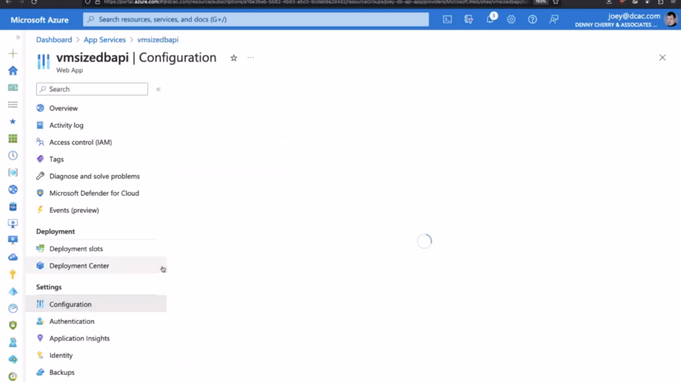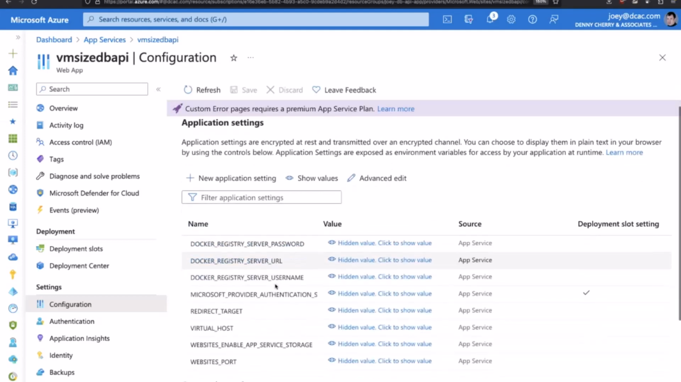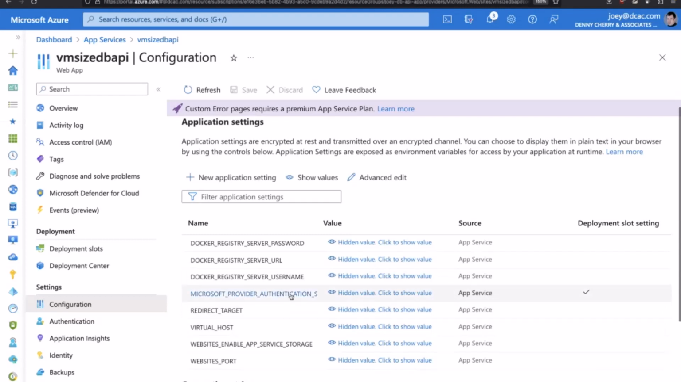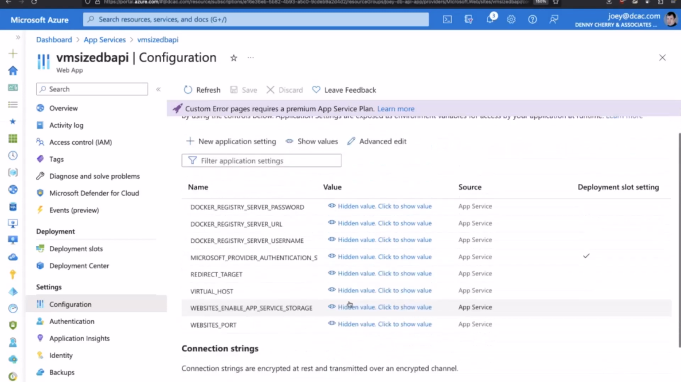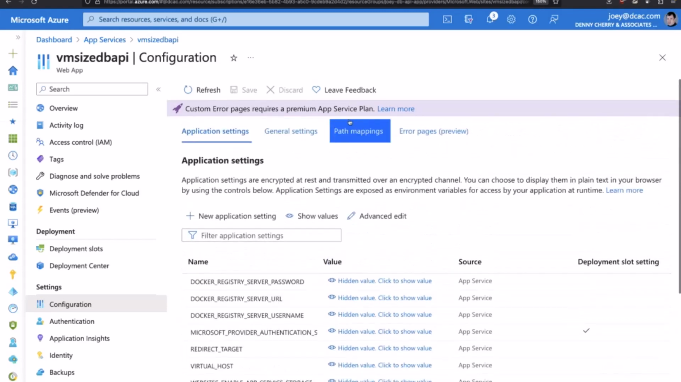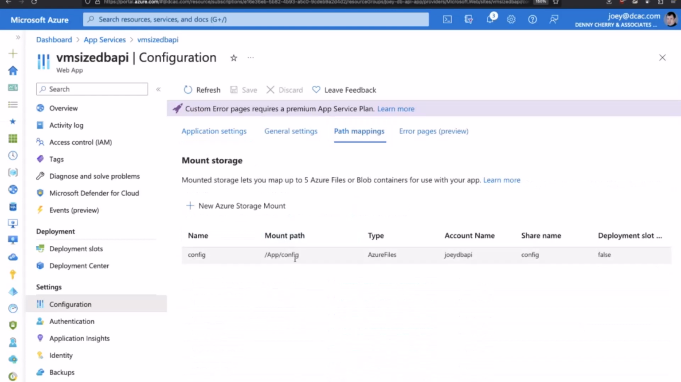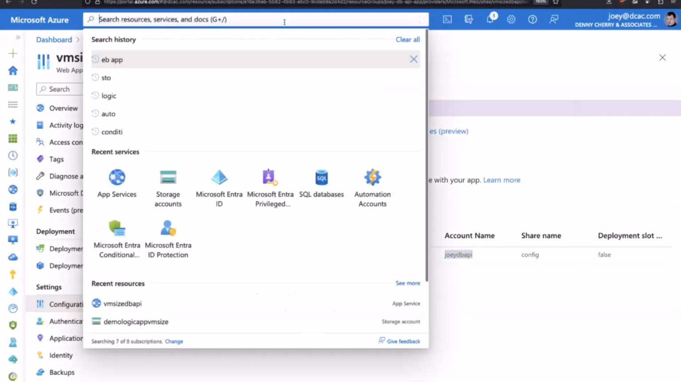And if I look in configuration, I can see all of our various Docker registry passwords, the URL, the connection strings that are associated here. We also have a path mapping, and this path mapping goes to Azure Files. So we have a storage account called JoeyD DB API. So if I go there